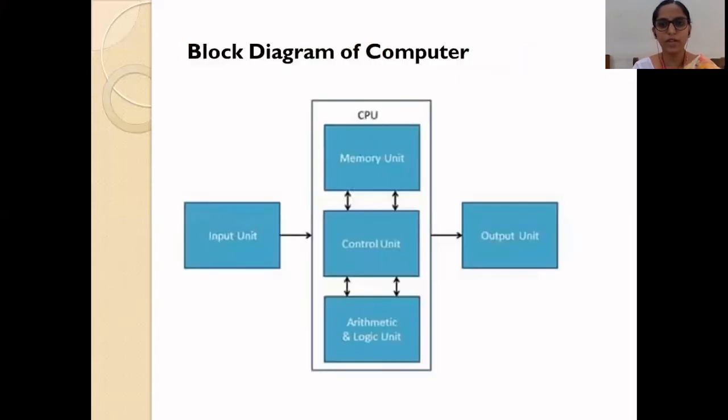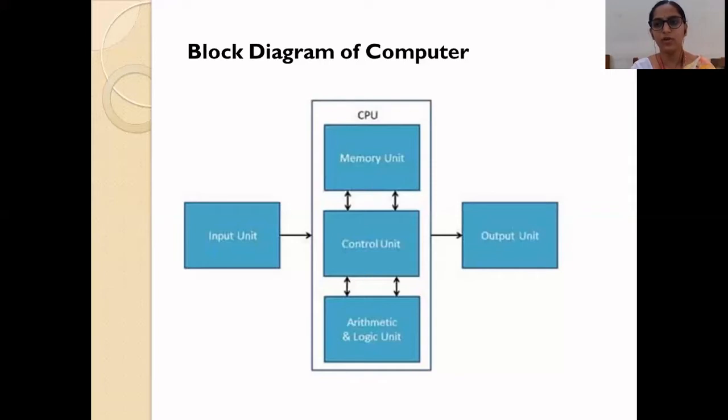In front of you there is a diagram which shows the components, or different units, of a computer. The left side shows the input unit, the right side shows the output unit, and in the middle as a mediator there is the CPU. In the CPU, three sub-units are considered: the memory unit, the control unit and the arithmetic logical unit. The computer can do arithmetical operations like addition, subtraction, division, square roots, or logical operations like comparing the data: less than, equal to, greater than, etc.